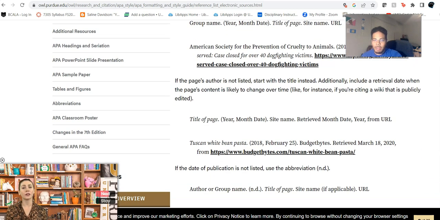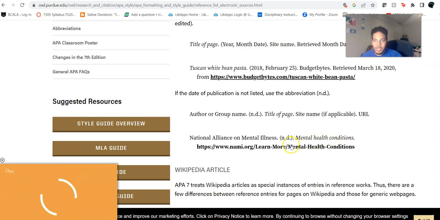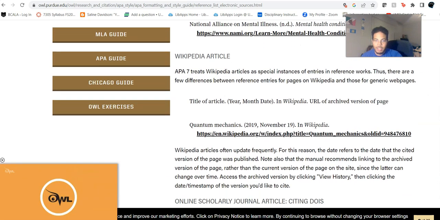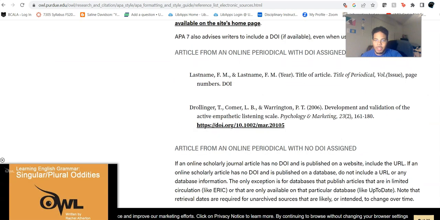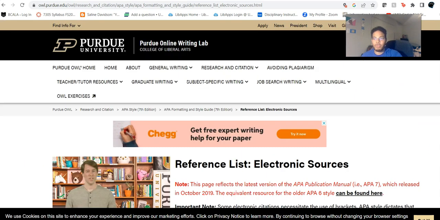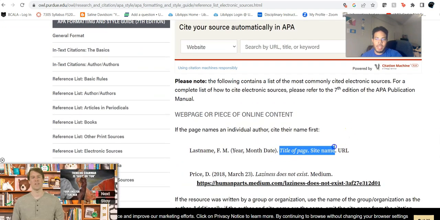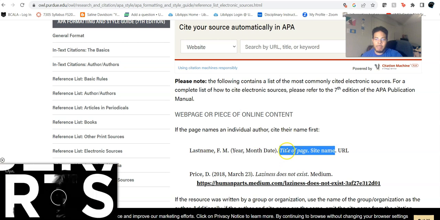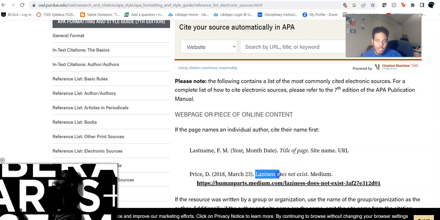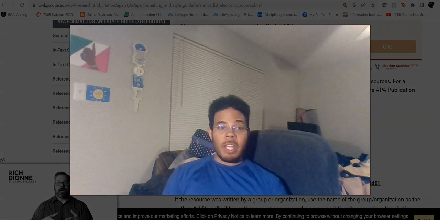Okay? And unfortunately, this is what I don't like. They just don't have anything that really illustrates this very well in their examples. But yes, try to follow this format here as well. You see that with online resources, web pages at least, you are getting both with the site name and the page name, that weird APA capitalization scheme. So I know that can be very, very confusing.